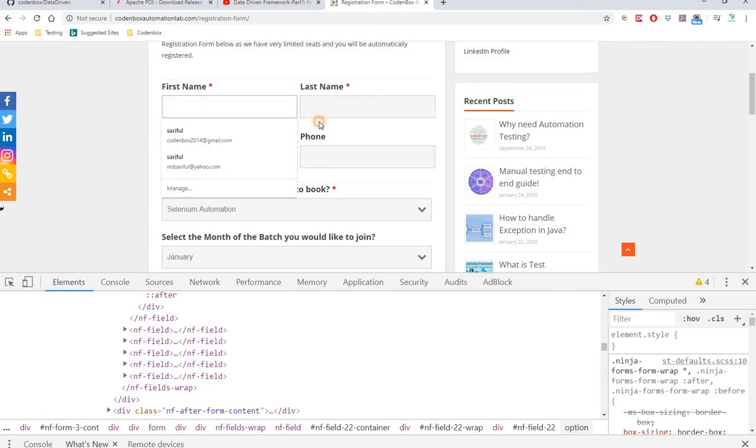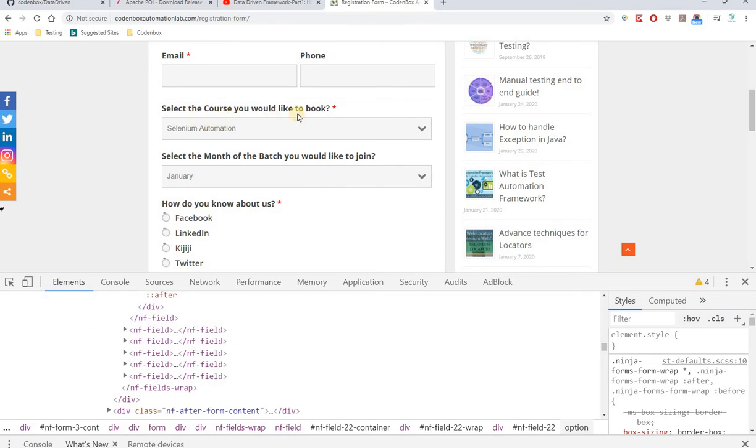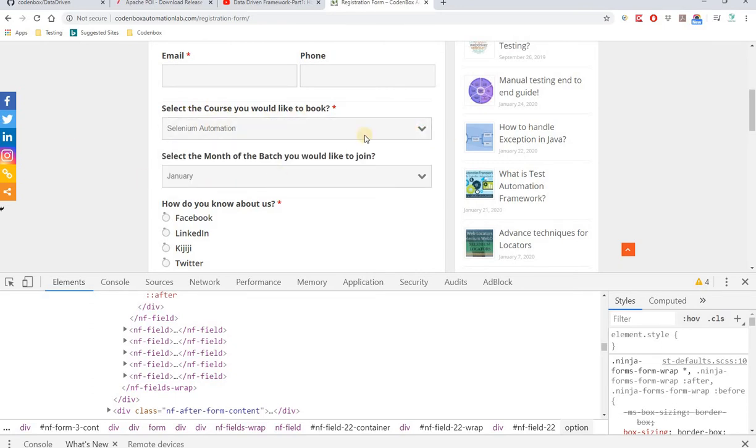So first name, last name, then email, and you can see the phone number, and then from a drop down we'll select Selenium automation. For all the 3 sets of data, the drop down option would always be the same. So this is our